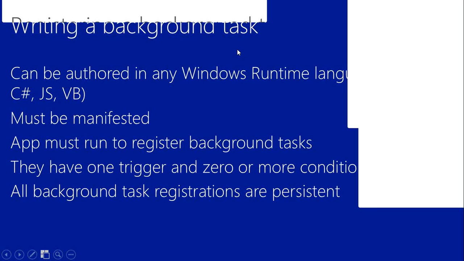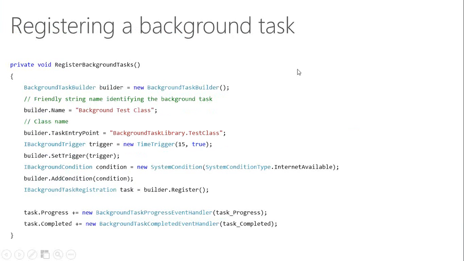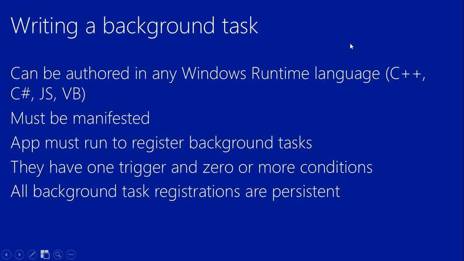So the basic fundamental about writing the background task is that you can write it in any of the Windows runtime languages: C#, C++, JavaScript, VB, any of these. In fact, it's highly recommended that you decouple the background task from your application, which means that if your application is written in one language and your background task in another, they're not dependent on each other.